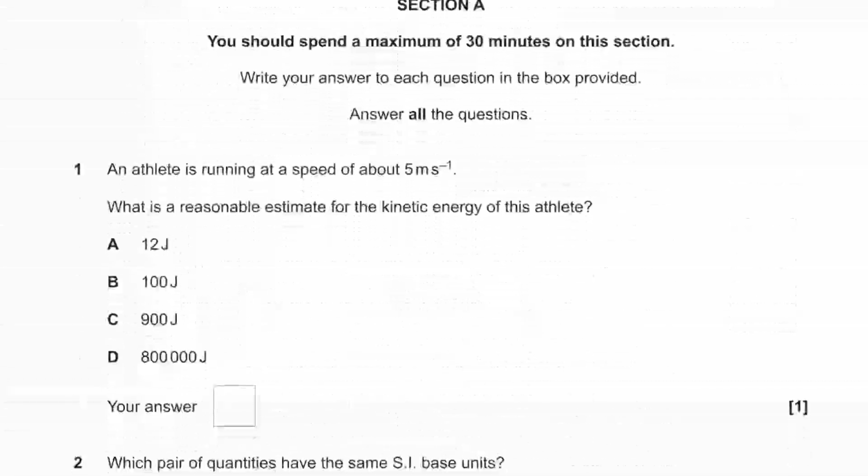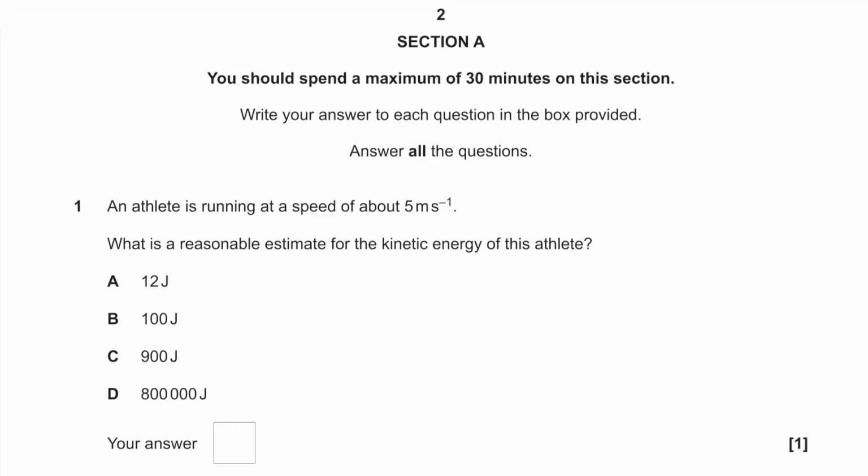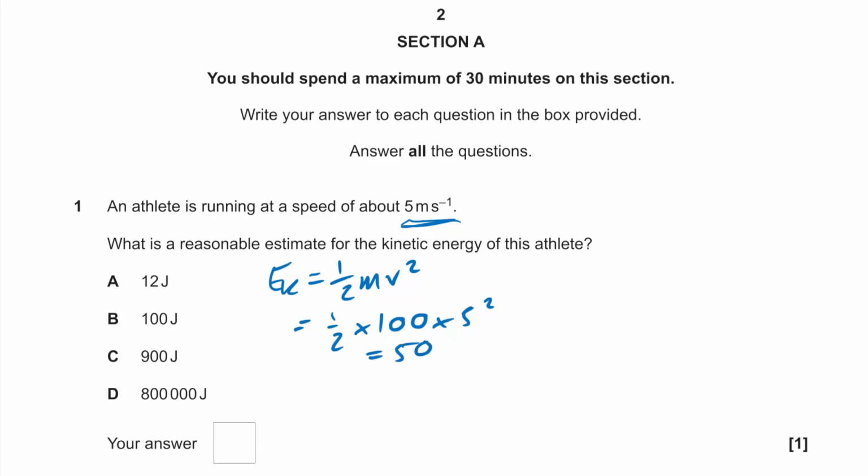So, multiple choice first. Number 1, an athlete is running at a speed of 5 meters per second. What is a reasonable estimate for the kinetic energy of this athlete? So we know that EK is equal to half mv squared. What kind of mass are we talking for a person? Well, orders of magnitude, we're not talking 10, we're not talking 1,000, so let's just go with 100 times by 5 squared, so that's effectively 50 times 25, and that's going to give us